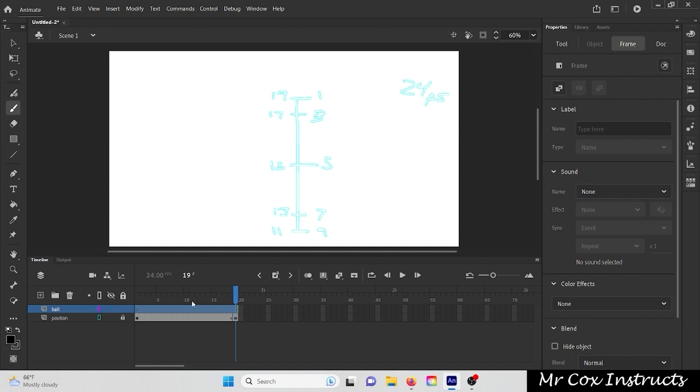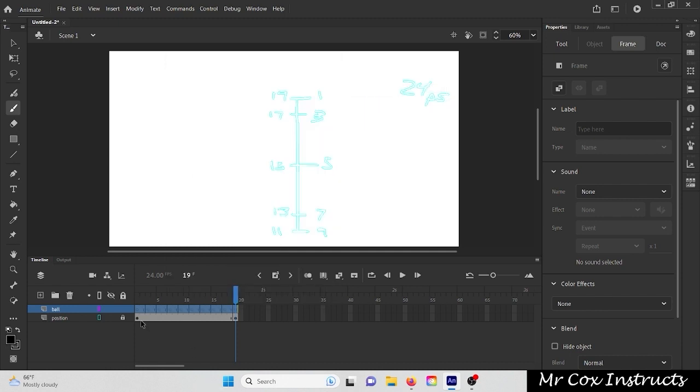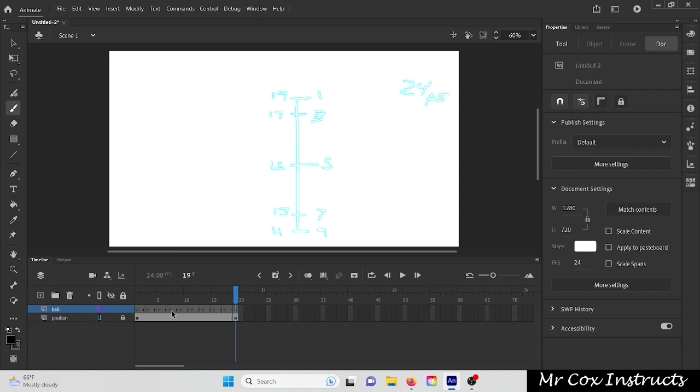Make sure you go back to frame 1, because whichever frame you're on and you're drawing, that's where you're drawing for right now. I'm going to hold Shift, then right click, convert frame by frame animation, keyframe every other frame. So if you notice now down here in the timeline, on 1, 3, 5, 7, you